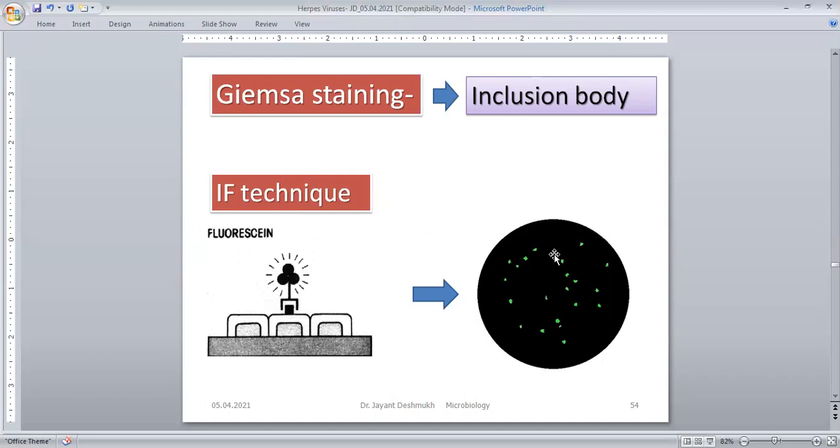The immunofluorescence technique has a very important role in confirming the etiology, to differentiate HSV-1, meaning herpes simplex virus 1, herpes simplex virus 2, and varicella zoster virus. Because here we use an antibody, a monoclonal antibody. The monoclonal antibody targets a specific antigen present in the specimen. We prepare a smear from the specimen collected from the patient, and the specimen contains the specific antigen. And we use the specific monoclonal antibody,